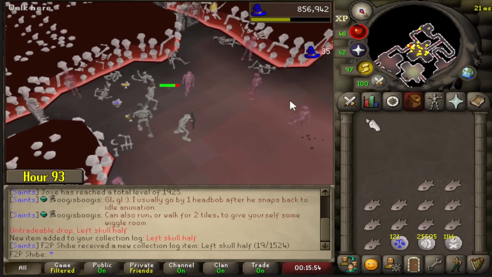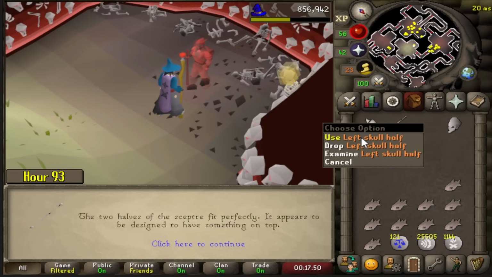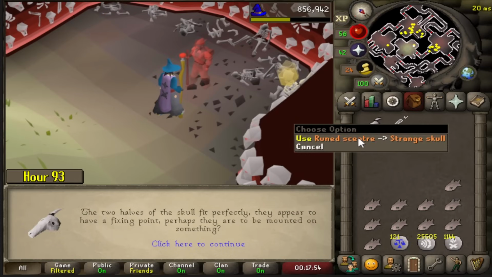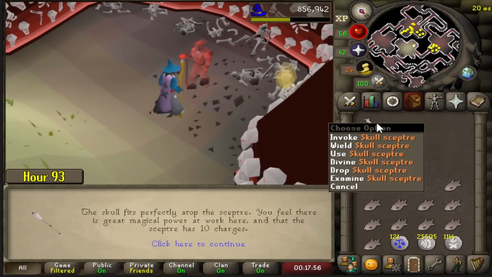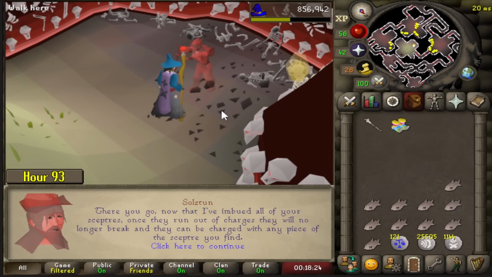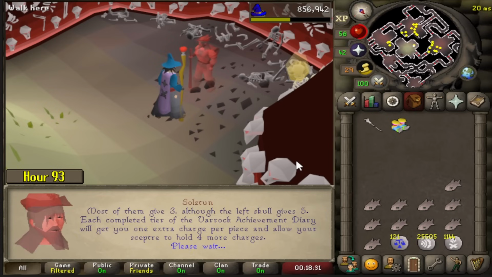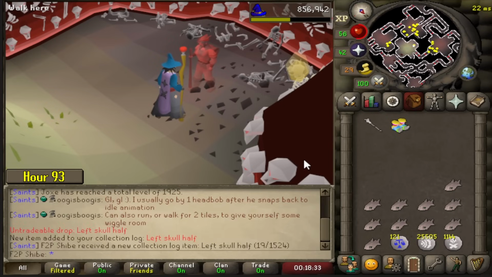I then went to the bank, grabbed all of the pieces and merged them together to create the full Skull Sceptre. If you're going to be getting the sceptre yourself, make sure you come back to the Stronghold of Security, bottom floor, and talk to Zoltson, who can imbue it. If you don't imbue it, then on the very last charge it's going to crumble to dust, which would just